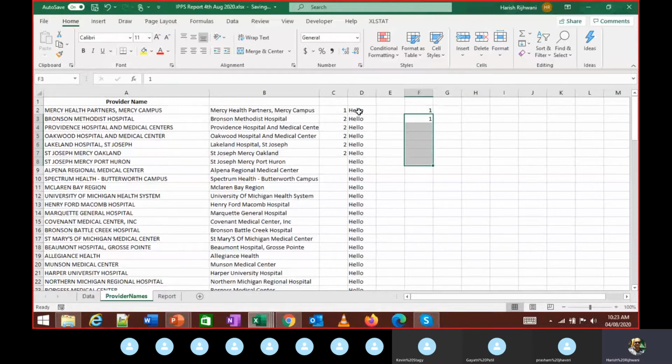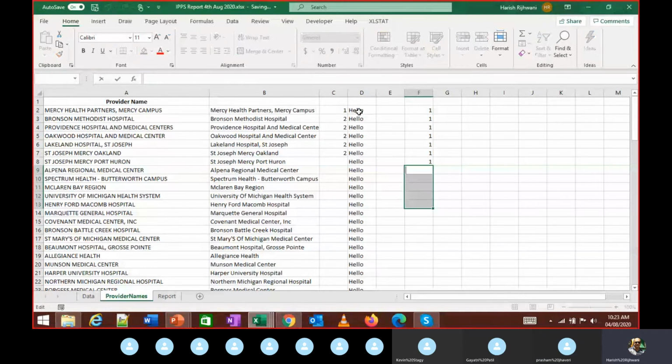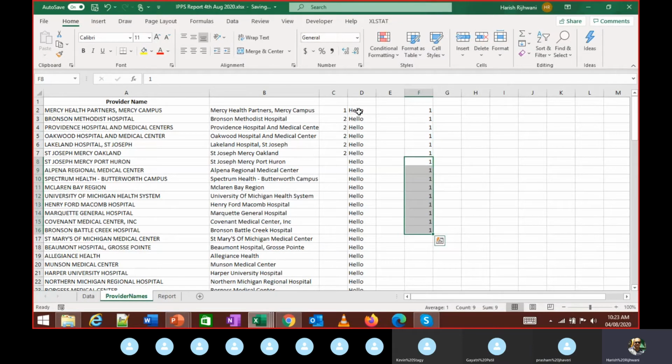If I select 5 cells, it's going to repeat it this way. It will not work like this because there is nothing selected at the top. So it is repeating only this particular cell at the bottom. Make sense? Yes.